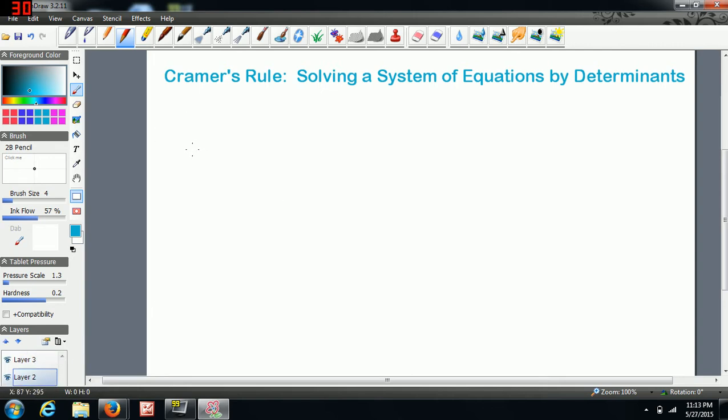So the question could say, solve by determinants, or it could say, solve using